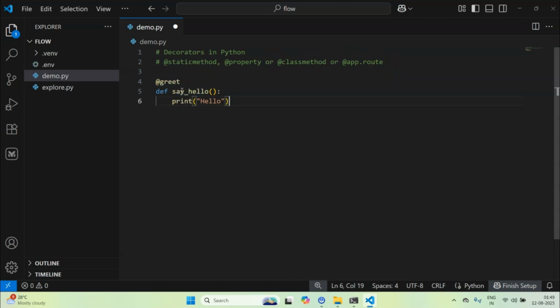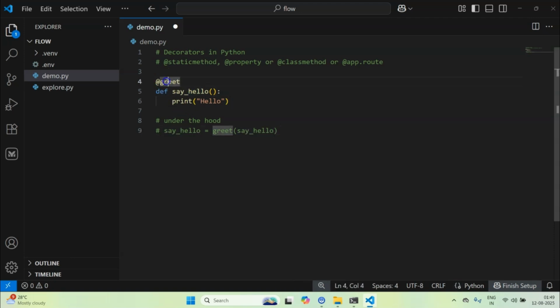But under the hood, what it basically does is it modifies this function. Now this sayHello function is not just this. What it is doing under the hood, let me type it in the comment. Under the hood, what exactly is happening? So it is doing something like sayHello is equal to greet(sayHello). Do you get this?